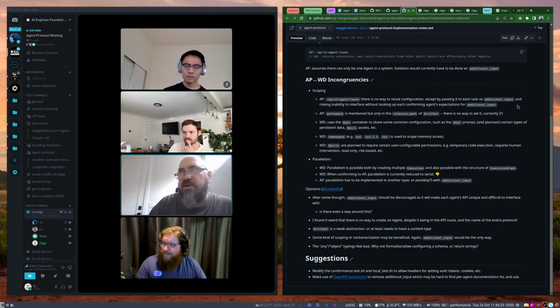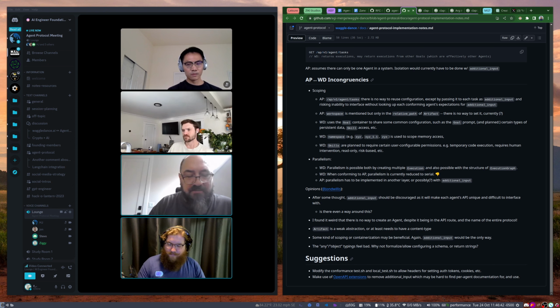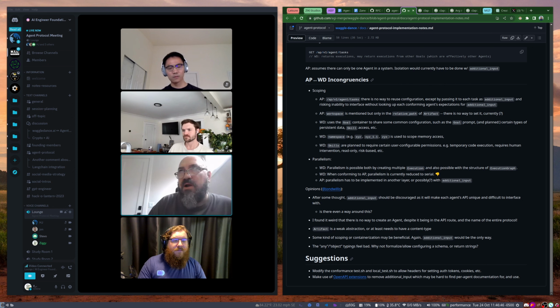Yeah, I think there's a couple of ways you could tackle that, even in the current protocol. If you had some form of manifest, or extension to the OpenAPI manifest, where the agent could simply define, here's my root address, and then it's just a protocol off of that root address.